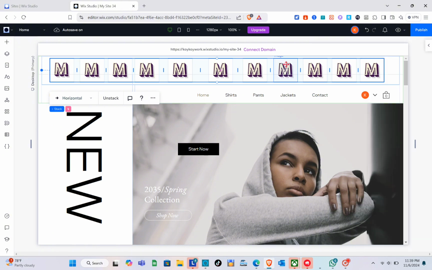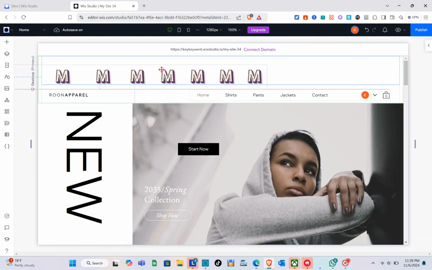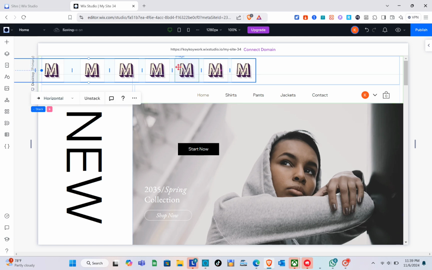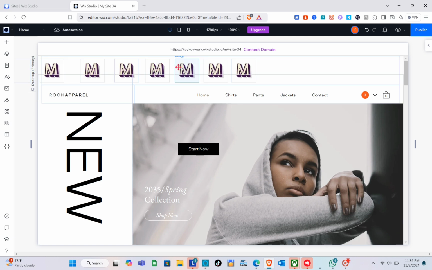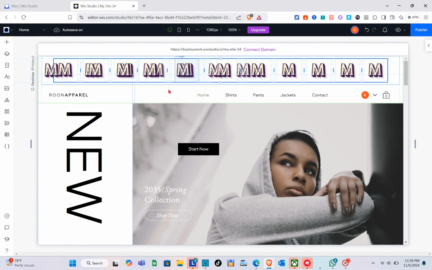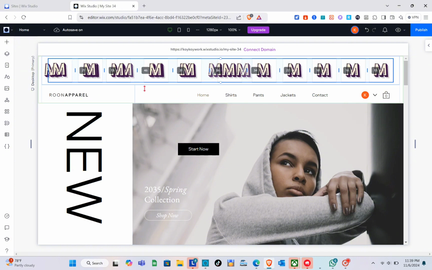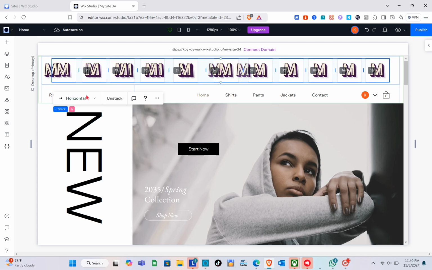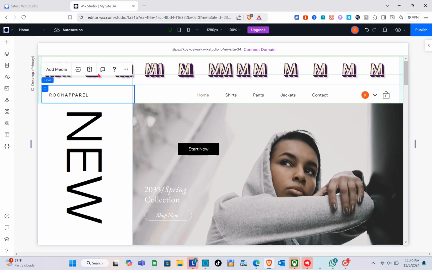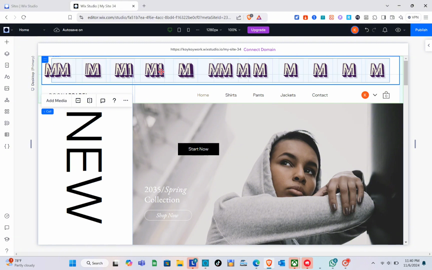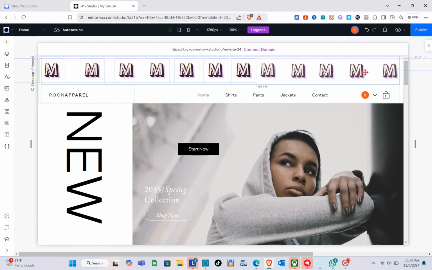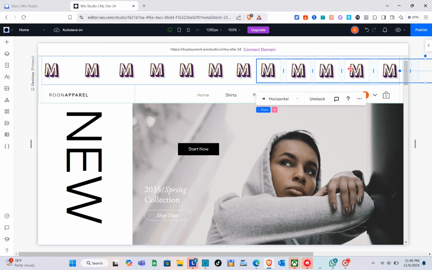Now the next thing we should do is we have to duplicate this once again. So you just have to move it to our left and then click on it and then copy and paste, and then the other one we are going to put right here at the right side. So just drag it. Let me just adjust this one. Now that they're ready, we just have to drag it right here at the right side. Then after that, let us preview